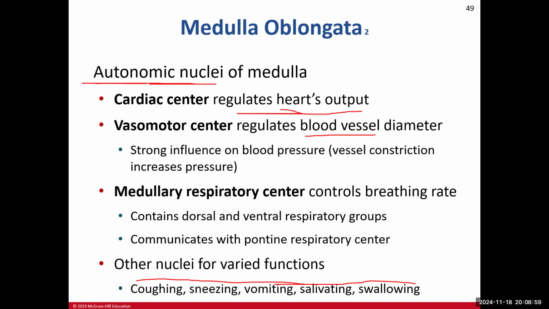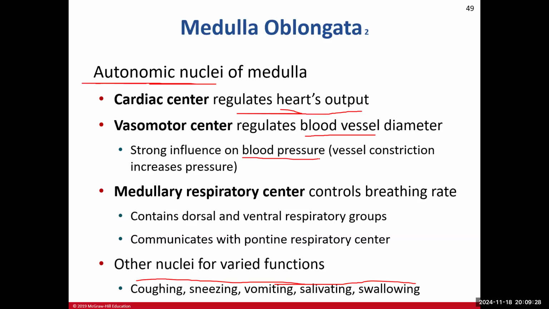And so this area here is going to regulate how big or how small your blood vessels are, which will then influence your blood pressure. This is usually when I write an equation on the board. You don't have to know it for this class, but it's just good to know because it'll help you when you take 211, right? BP, blood pressure, is equal to heart rate